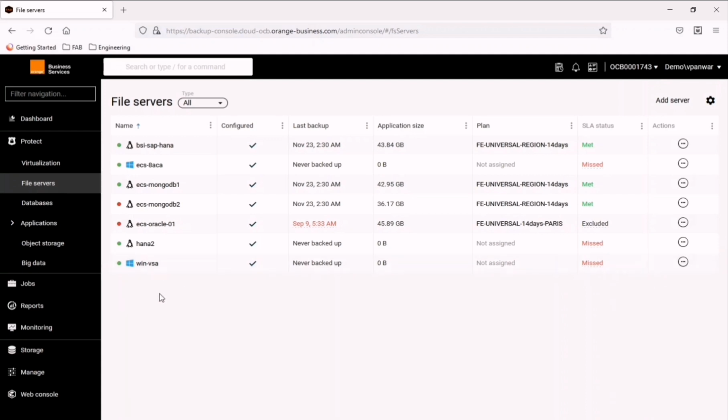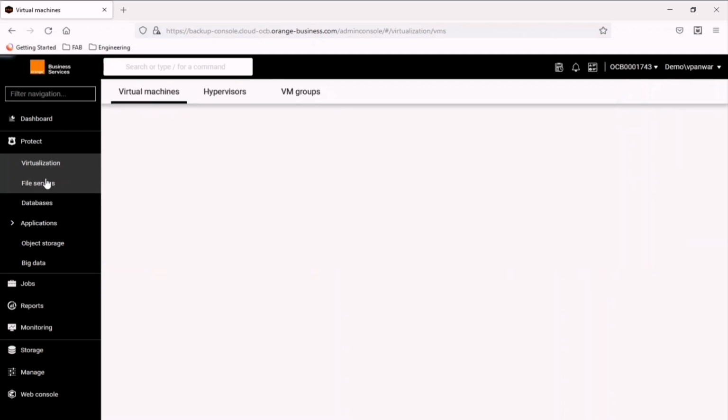Now the second step is to configure the hypervisor on the Fab environment. So let's click on the virtualization tab under Protect.